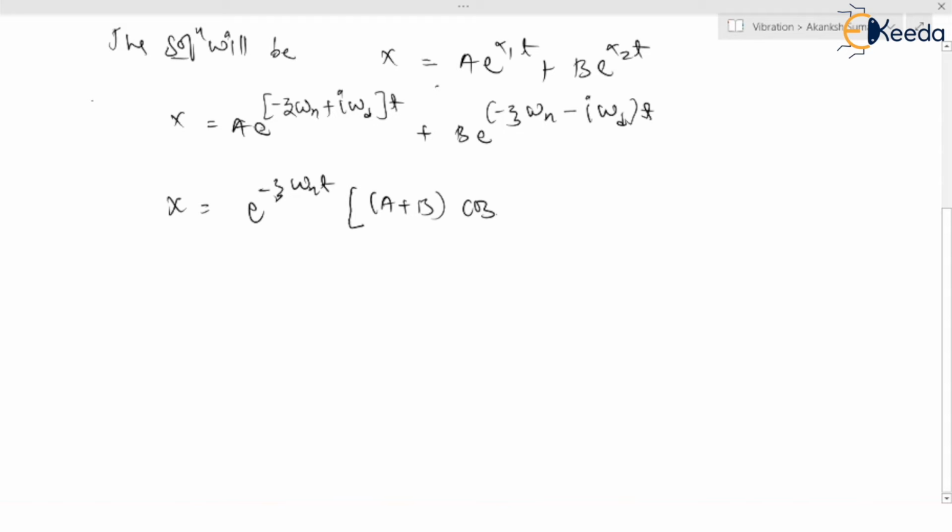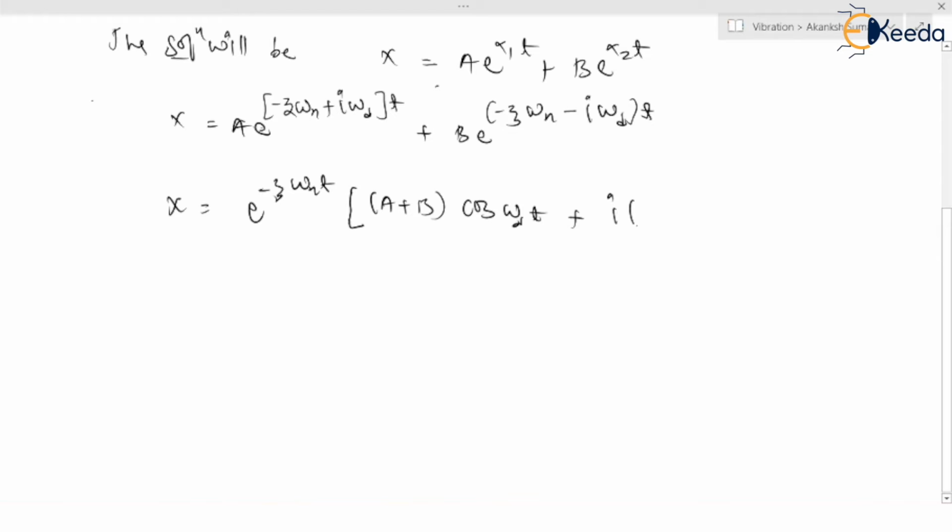You need not worry about it. These are topics which you study in the mathematics subject, where you will learn how to find the solutions of differential equations. I'm just writing the result here because it is very important for us. Here e to the power minus zeta omega n t you can take as common. So a plus b cos of omega d t